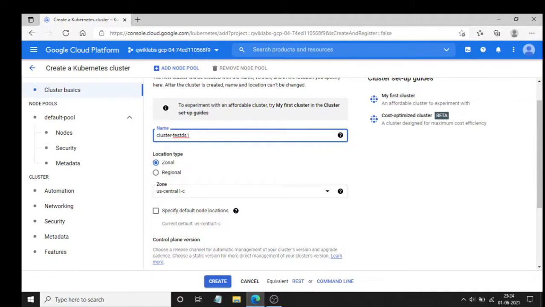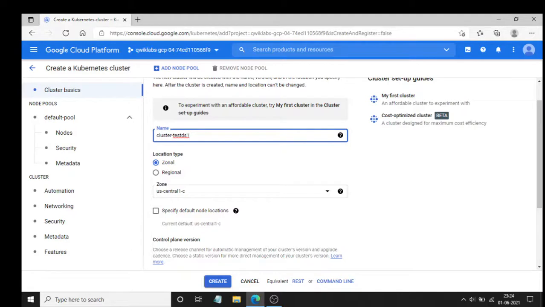Okay, what type of location do you want to choose? It's zonal or regional. You all know what locations are. We'll be making videos on locations and other basics soon, but you should know the theoretical knowledge before coming to hands-on. It is also nice to check hands-on first if you want to create an interest in GCP. We will make more videos as we get time and more public support. Coming back to the Kubernetes cluster.